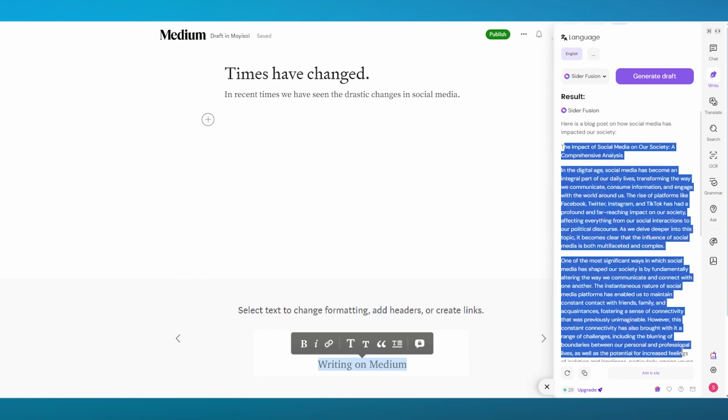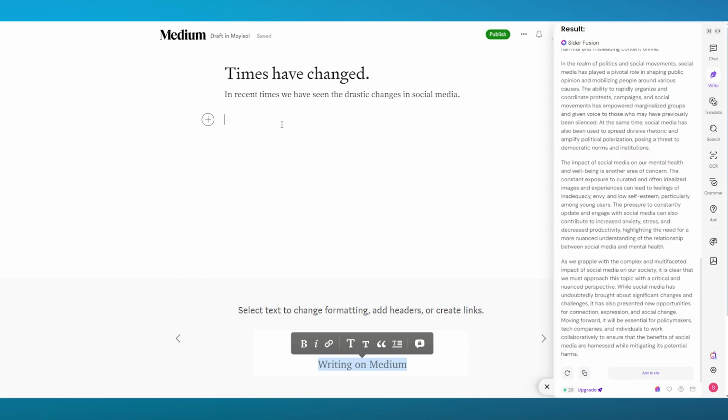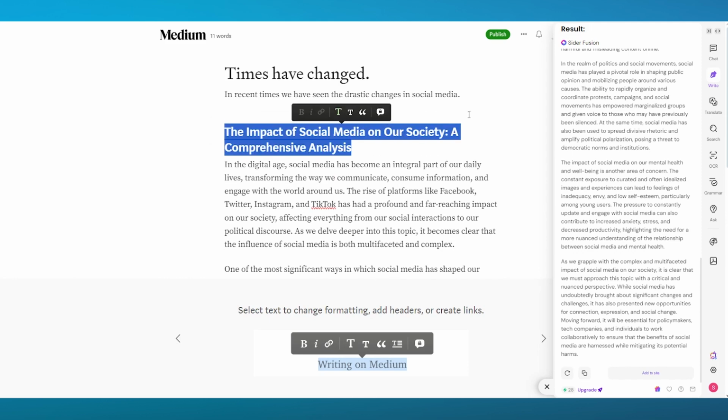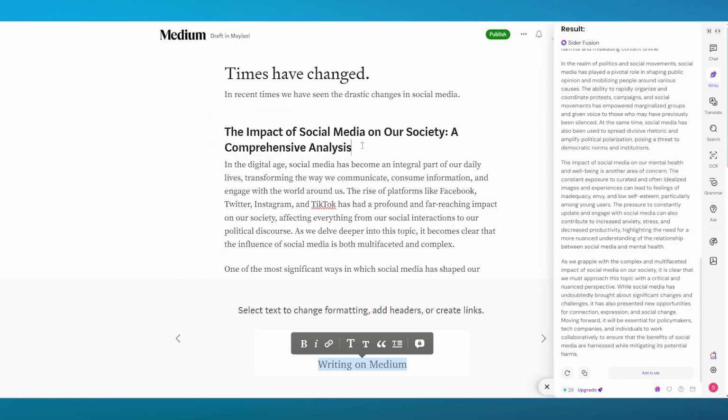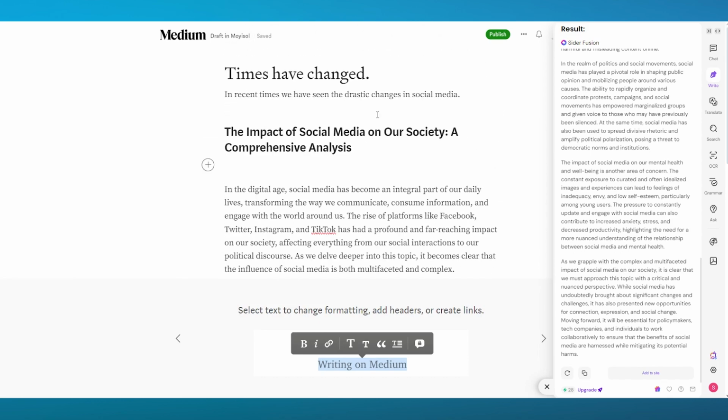So what I'm going to do is copy all of this. Once you copy this, you're going to come here and paste it. Once you paste it, as you can see, there's no limit when it comes to writing in Medium. You can write as much and as long as you like. So once we have this, I'm going to give it a heading, give it some space, and here's our recurring text that goes on.